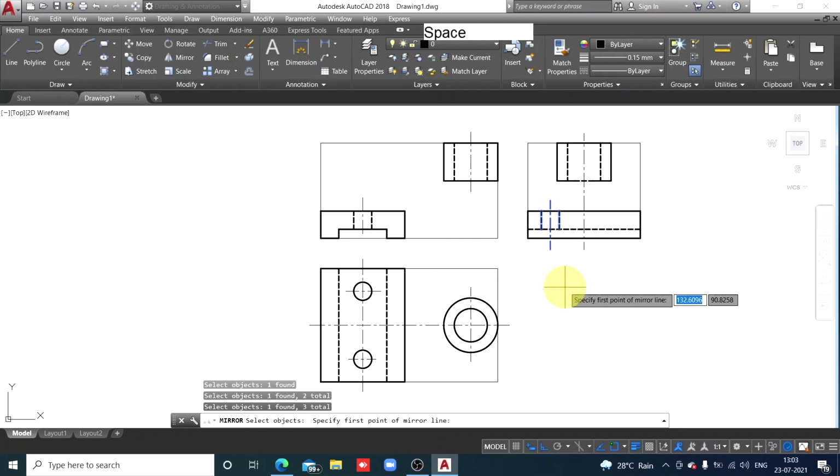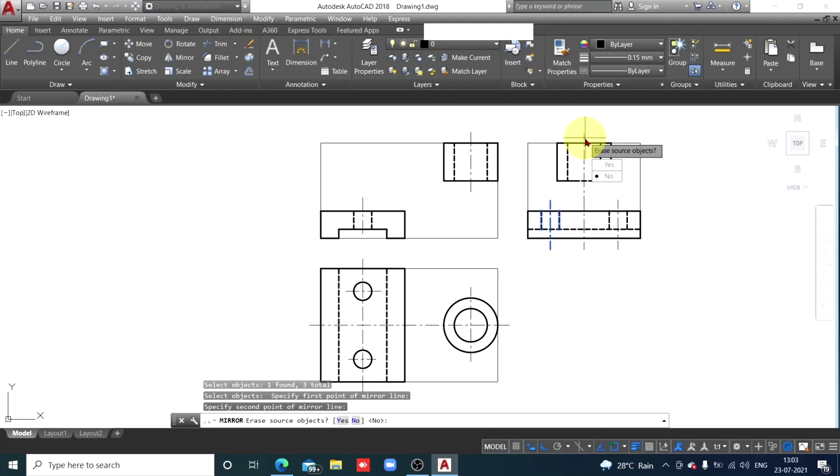Now enter. Now specify the first point of the mirror line. So this axis of symmetry is of course the mirror line, and the end point of the mirror line. Check, we got it. These dotted lines on the right side are the mirror image of this. So enter, click, and now let's draw this plate.